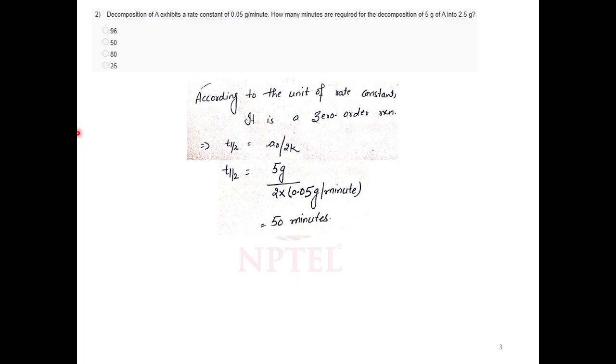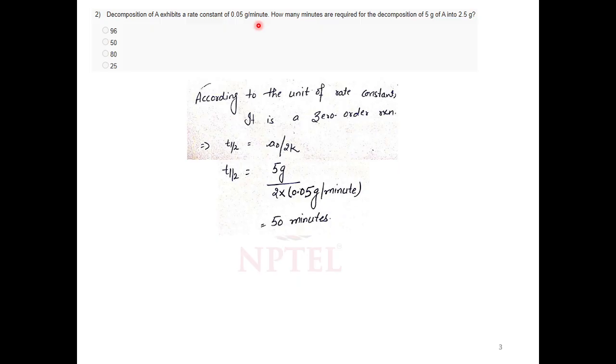because you already know the rate constant, from this you can get the idea. So how much gram per minute? That means this is a zero order reaction, and in the zero order reaction obviously you know that A equals A0 minus KT, right? So basically at the T half, A will be A0 by 2, right? So if it is A0 by 2, you can get the value of this time, that T half,